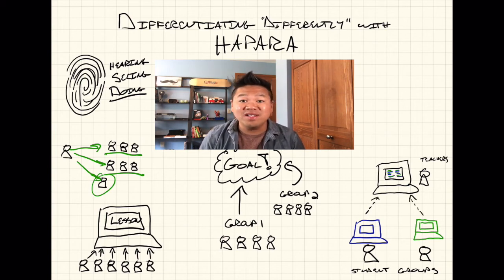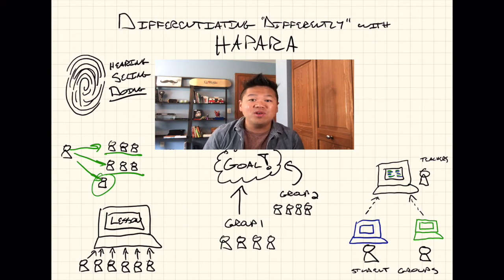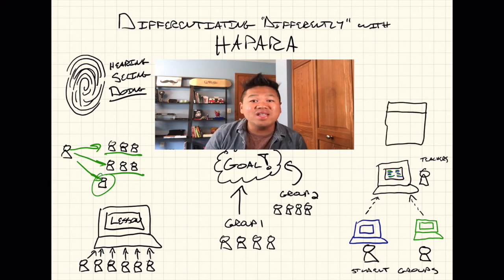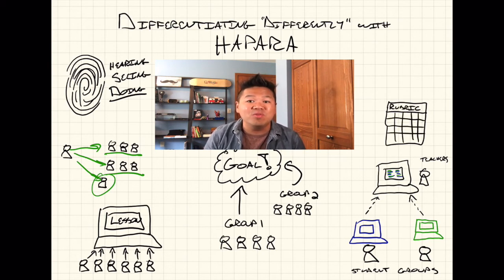With Hapara Workspaces, all of this can be accomplished. Within your class, students can be grouped in just about any way imaginable. For example, ability, learning strategies, themes, language, interests, or whatever. As you build your units of study, students can meet your goals and hit your learning targets in the way that's best for them. And in doing this, all students can be following the very same rubric that you've created